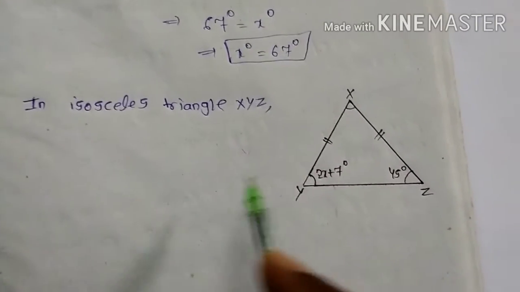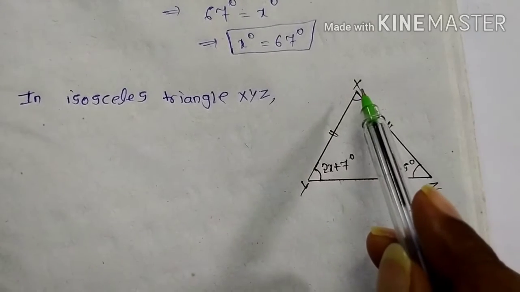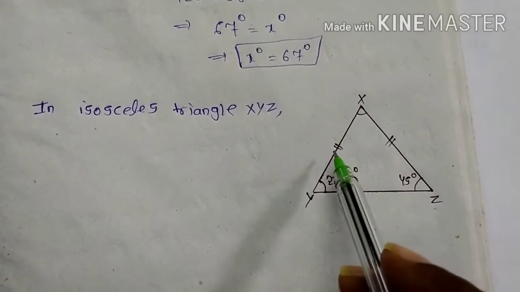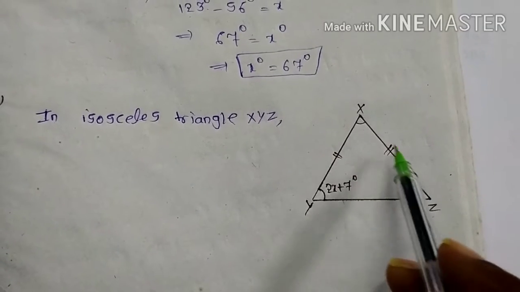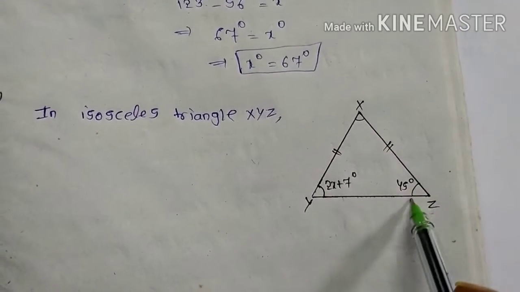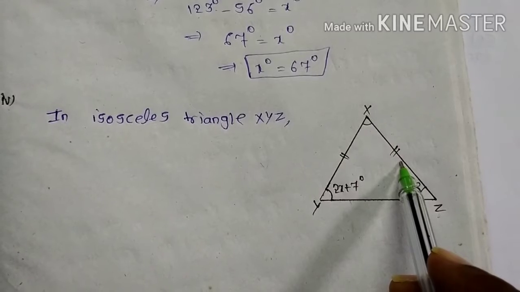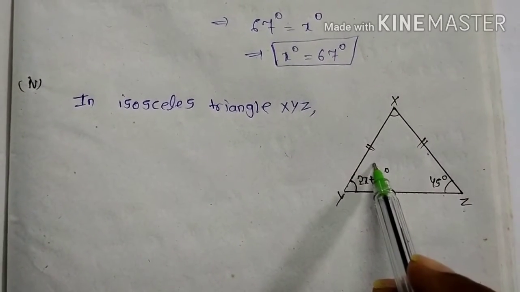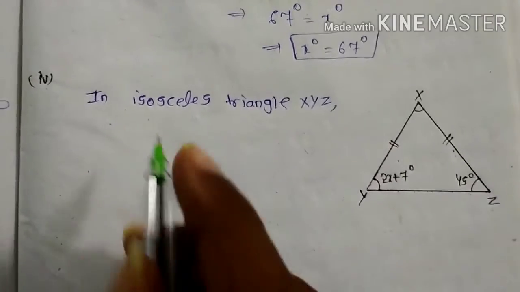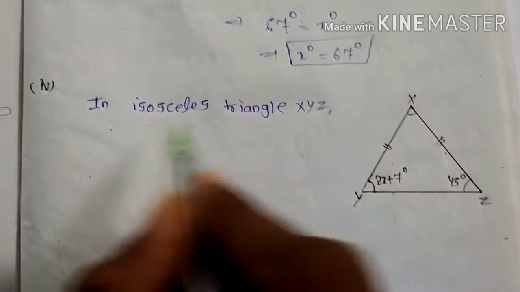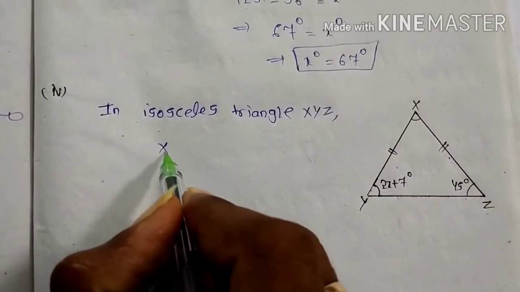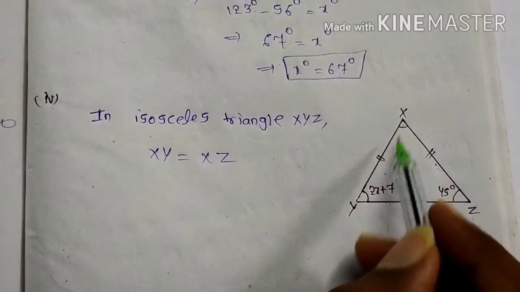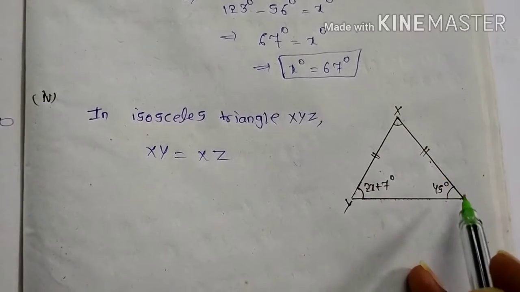In the similar way, now you can see one more problem. See here fourth one. First you can observe here in triangle XYZ, already they have given that these two sides are equal or not? Yes. XY and XZ both are equal. If the two sides are equal, then the triangle is called an isosceles triangle or not? Yes. So I am writing here in isosceles triangle they are given that XY is equal to XZ.